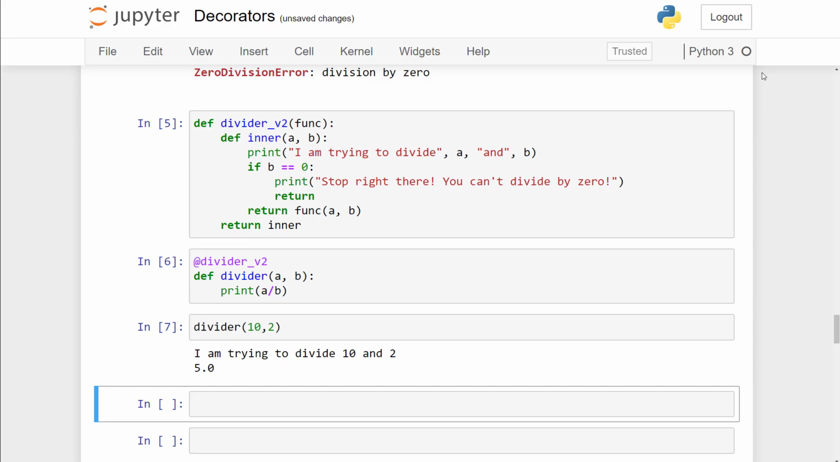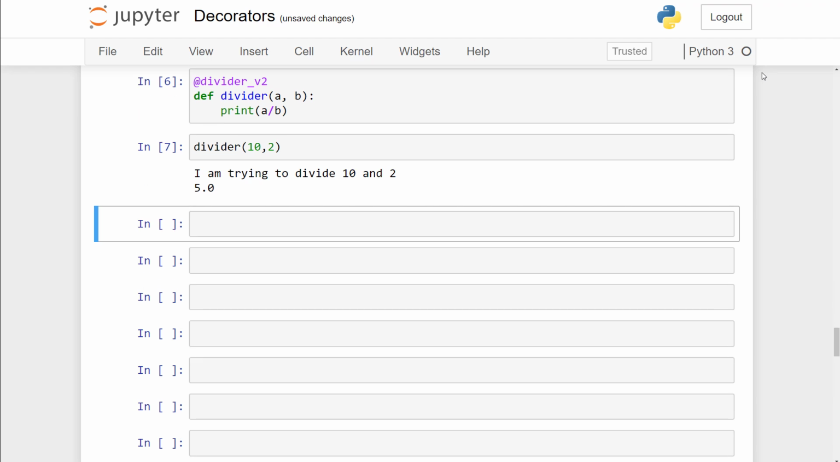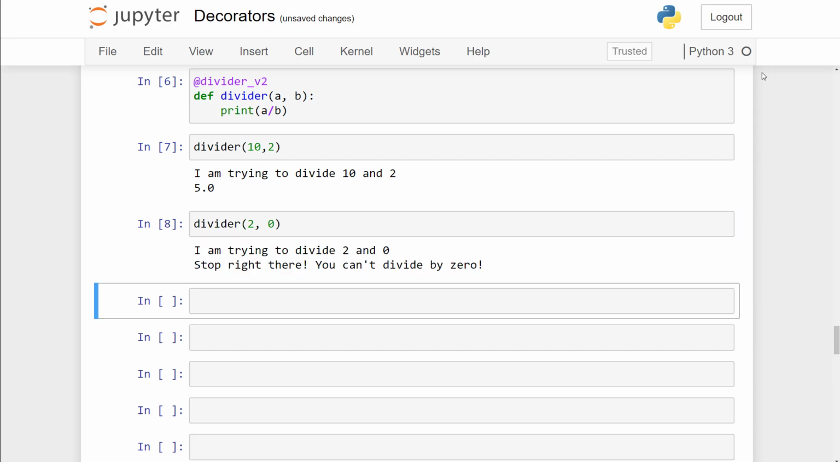A and B." And if we call the divider function again, but this time pass in 0 as parameter B, so if we put divider and in parentheses put 2, 0, you can see that we print to the screen, "I am trying to divide 2 and 0," and then we print to the screen the sentence, "Stop right there, you can't divide by 0." So we've managed to take the